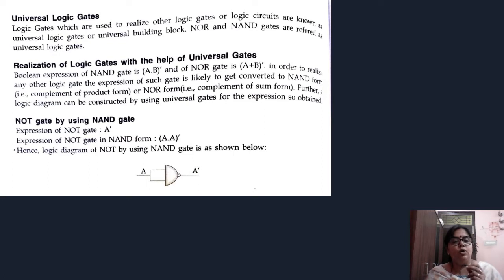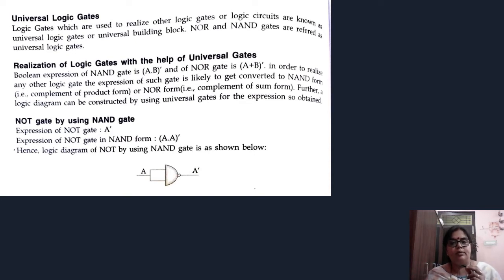As you all know, the expression of NOT gate is A complement. The expression of NOT gate in NAND is (A dot A) complement. Here two inputs are used. Hence the logic diagram of NOT using NAND gate is shown below. See here, it will be like this. Two inputs are used, that's why it will be like this.